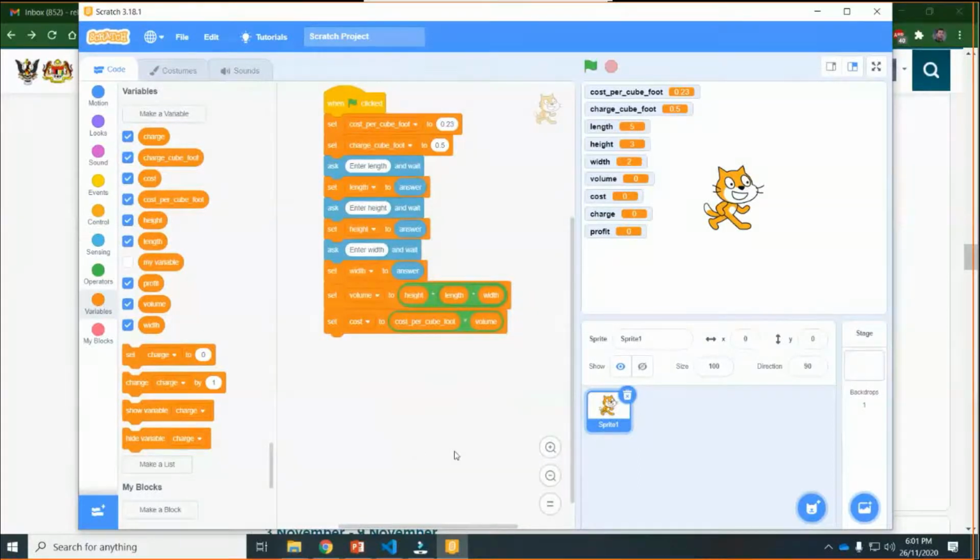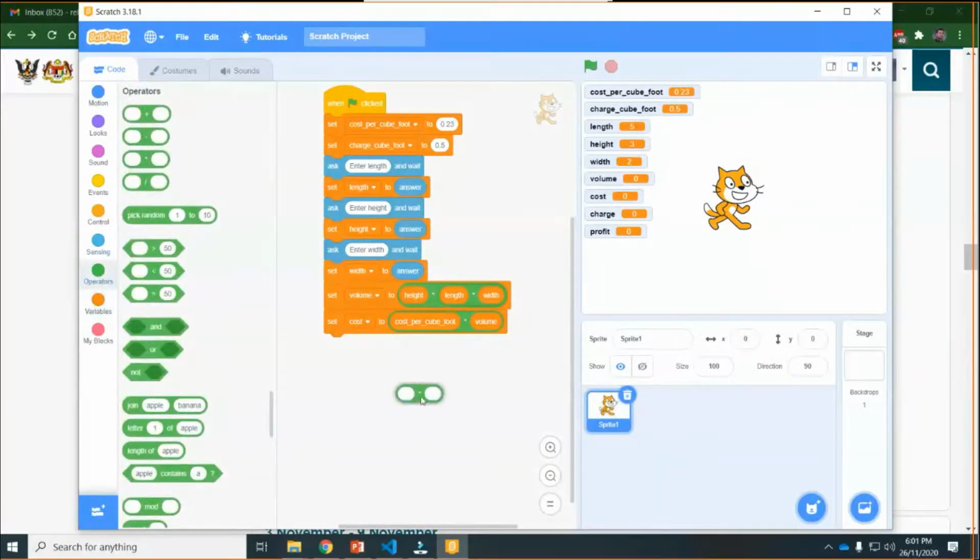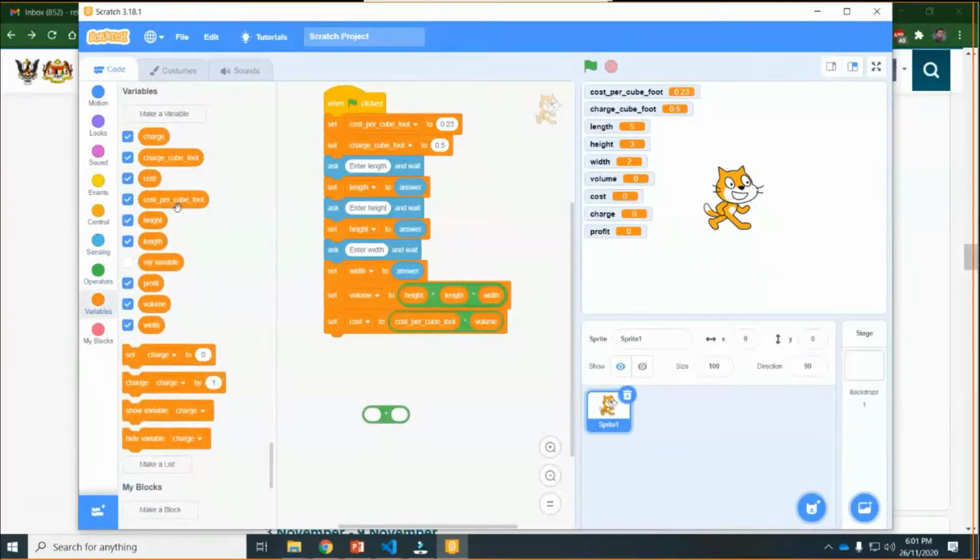Okay, good. What's left? Charge, right? So do the same with charge. Charge equals the multiplication of volume and the charge cubic cost. So bring these variables. You can put them in any order.